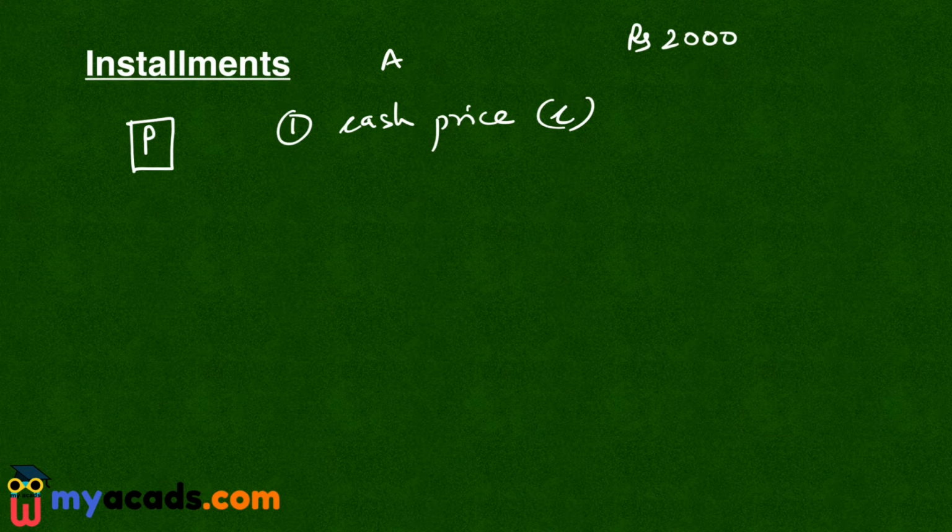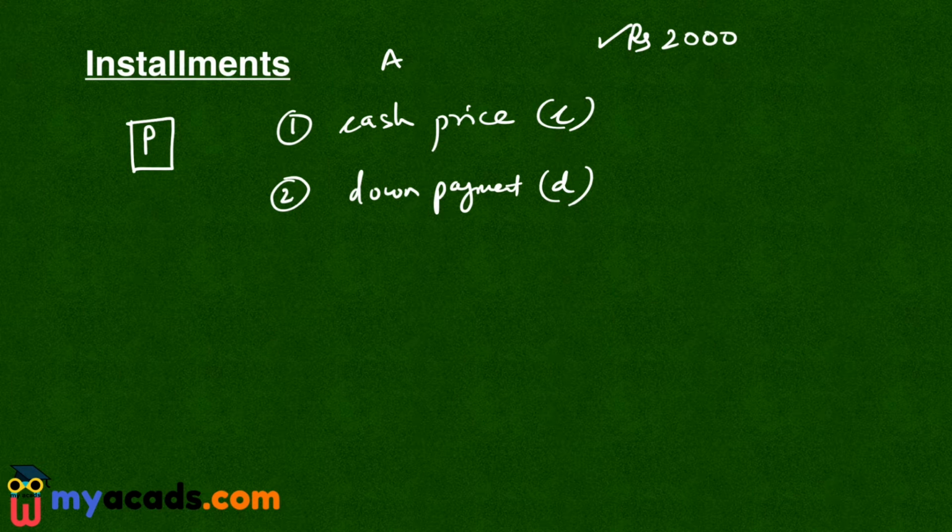Now the second option is the person pays a fraction of this price at this moment and pays the rest of the amount in installments. So the price that the person will pay at this moment is known as the down payment. For example, in this case, the down payment may be 500 rupees and there may be 3 installments of 600